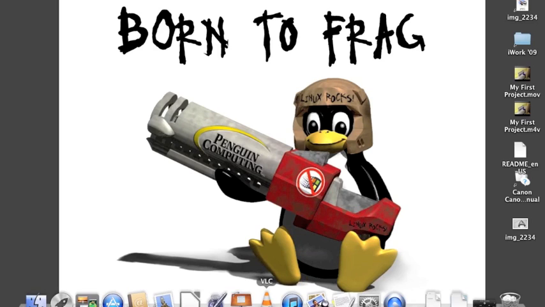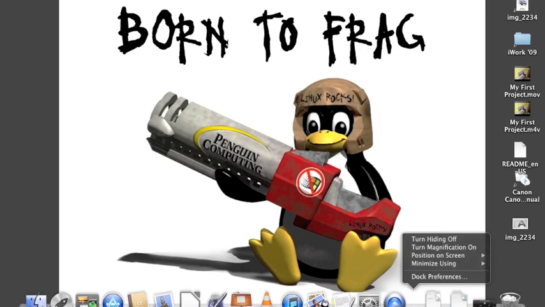It's good to experiment with the bar. If you don't know, if you put your mouse over the bar here and then you right click or control click, you get dock options. This is the dock and these are the options. I normally use magnification. I keep mine at the bottom. If you do want to reposition it,